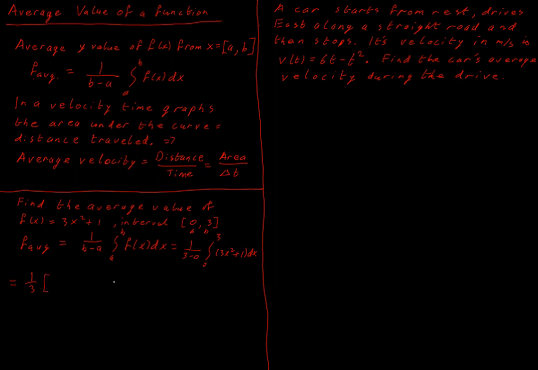Get our integral, increase the power by 1 and divide by the new power, plus increase the power by 1 and divide by the new power, from 0 to 3. So we end up with a third, 3 divided by 3 is 1, x cubed plus x from 0 to 3